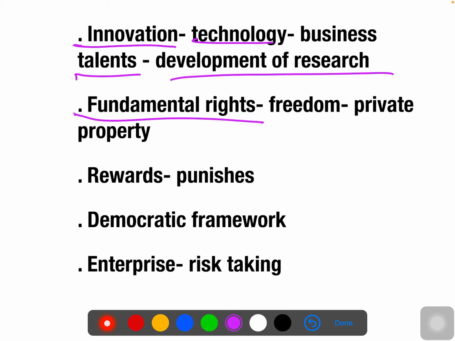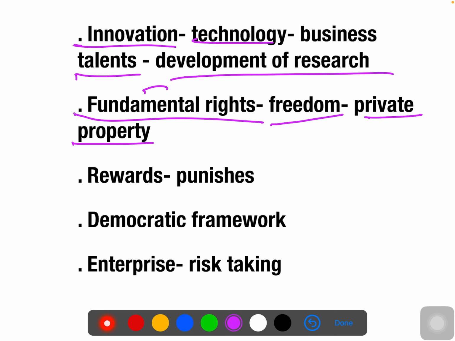Freedom, right of private property. You can purchase, you can produce whatever you want to do, you can do it. Private property you can own. In some economies you cannot own private property, but in this kind of economy you have a right, which is a fundamental right, everybody's right, to own any kind of property that is available in